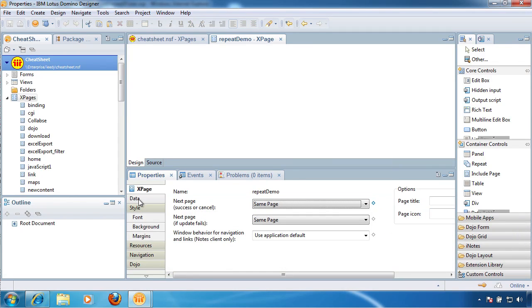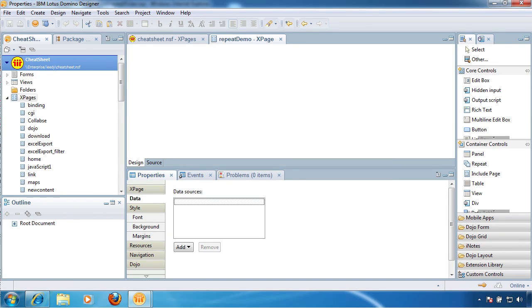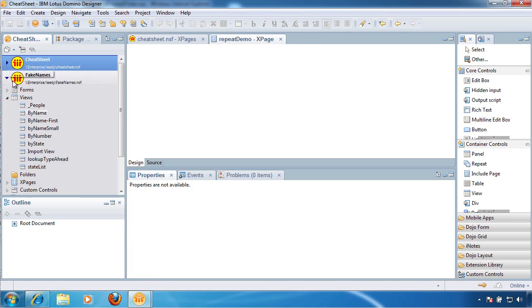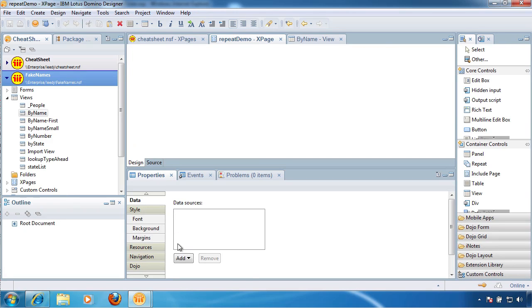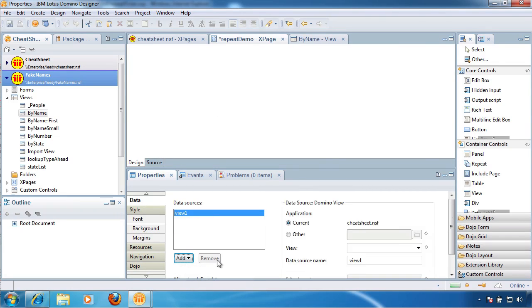The first thing I've got to do is create my data source. And the way I'm going to do that is I've got to bind to a foreign database. And let's look at that here. That's right here, fake names, by name. Let's bring that up a while because I'm going to look at that in a little bit. So we're going to bind, create a view, and we're going to compute the database,